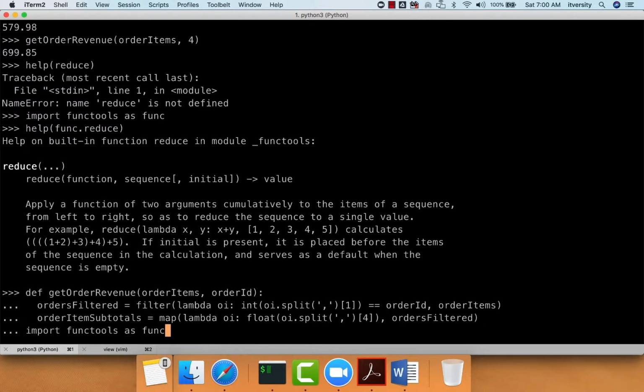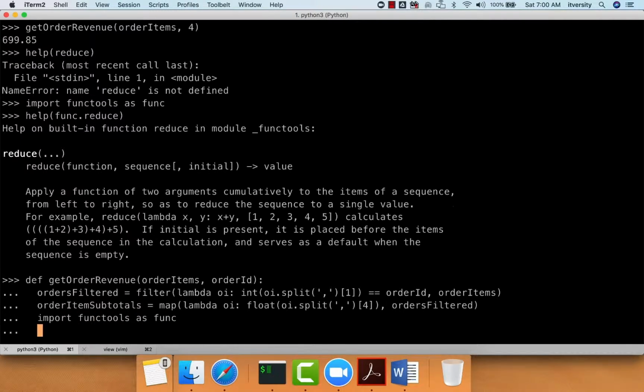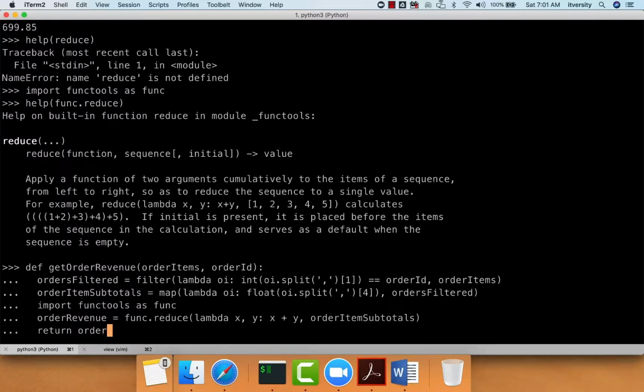However, when it comes to this part, it will change. First, we need to import functools as func, and then I can say order revenue equal to func.reduce, and then lambda x, y: x plus y, and then we have to pass order item subtotals